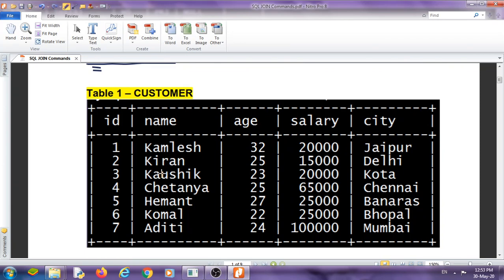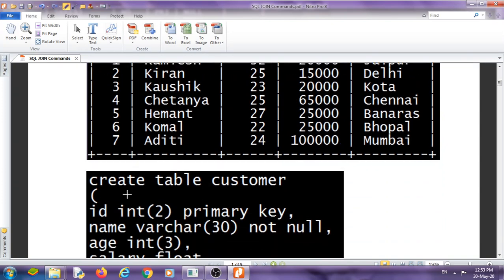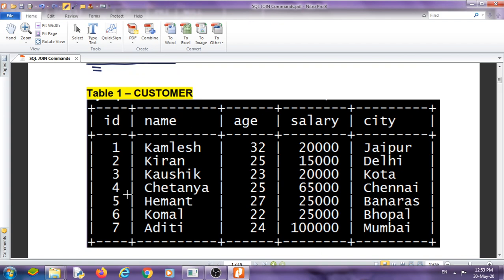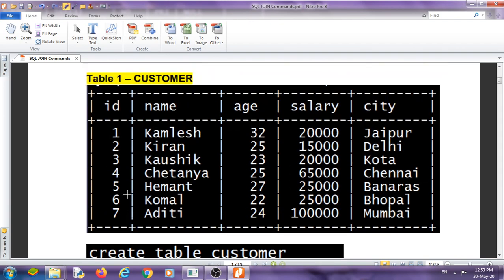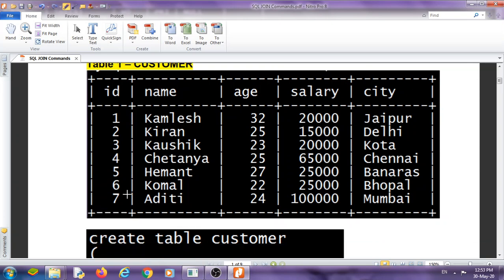Now table 1 is given, that is customer, and these are some records of customer. Here there are 7 records, and how we can create this table we have already learned. The total of 5 attributes are there.